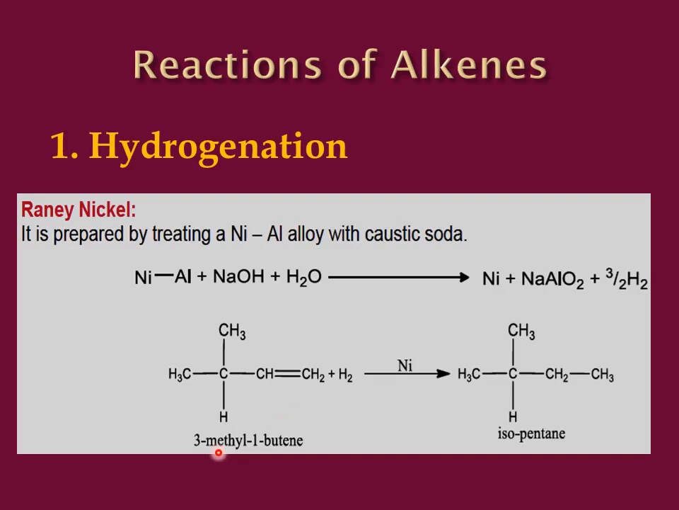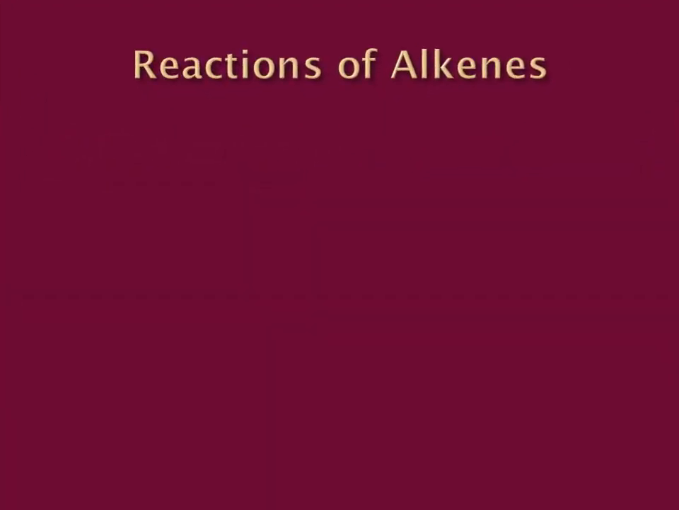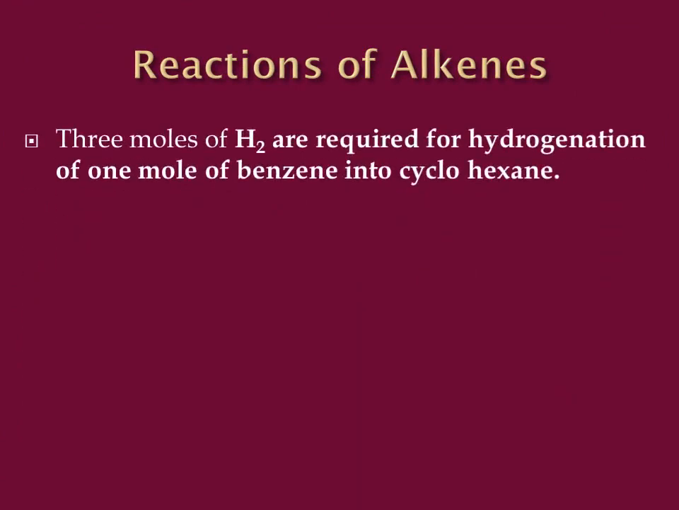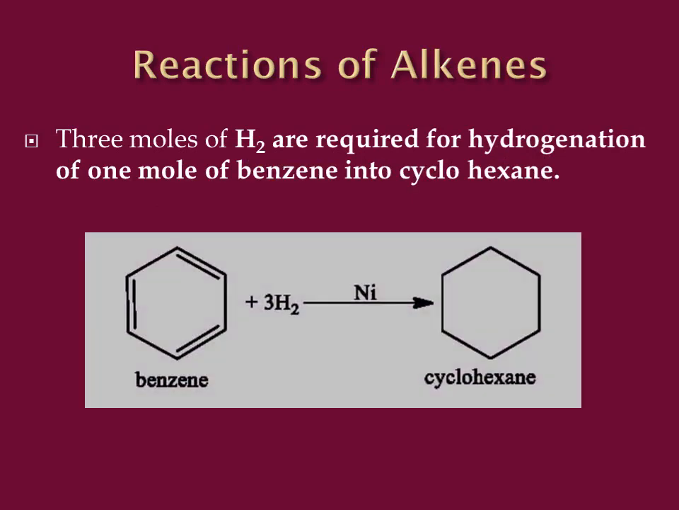The second example of hydrogenation is the conversion of benzene into cyclohexane. As we know that benzene has 3 double bonds, so 3 moles of hydrogen molecules are needed for the hydrogenation of 1 mole of benzene into cyclohexane. Look at the chemical reaction. Each of the hydrogen molecules is going to add across the 3 double bonds over here in the presence of nickel as a catalyst, giving rise to cyclohexane, converting an unsaturated hydrocarbon to a